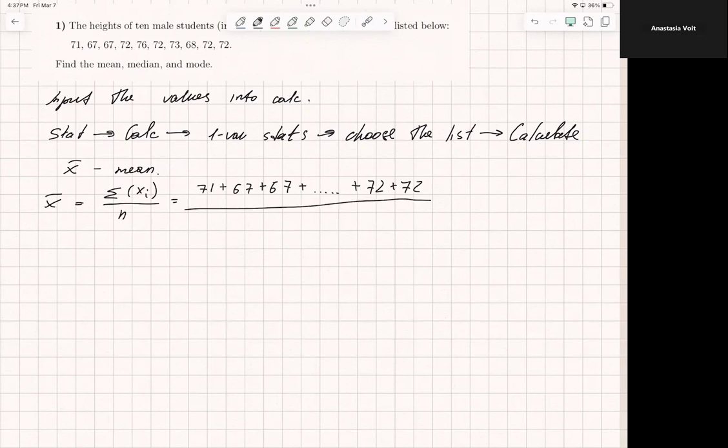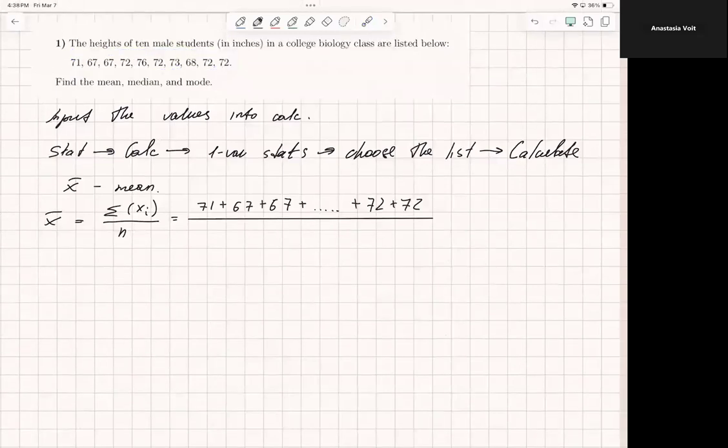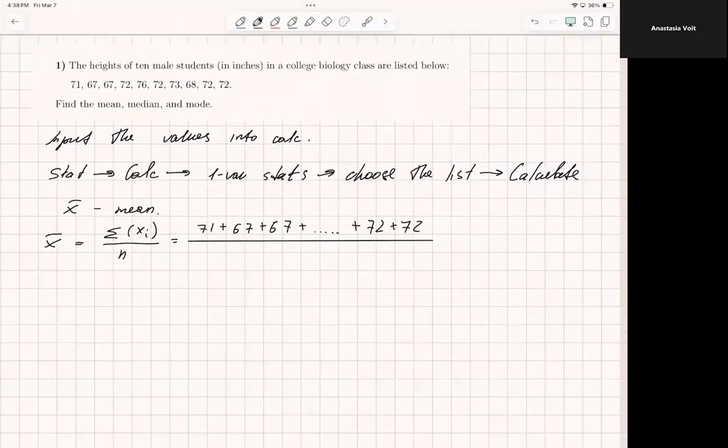So we need to add all of these values together, and then we divide by the number of values, which is in this case, how many do we have? 3, 6, 9, 10, right? We divide it by 10 and we get 71,